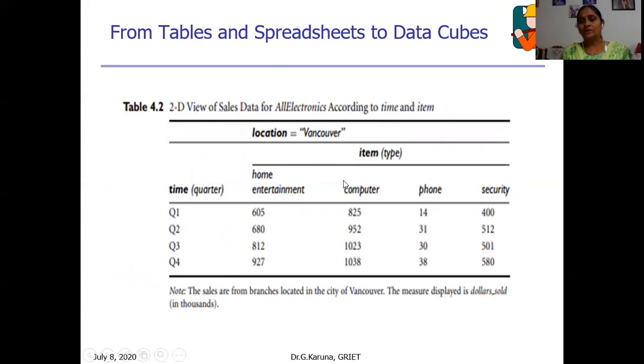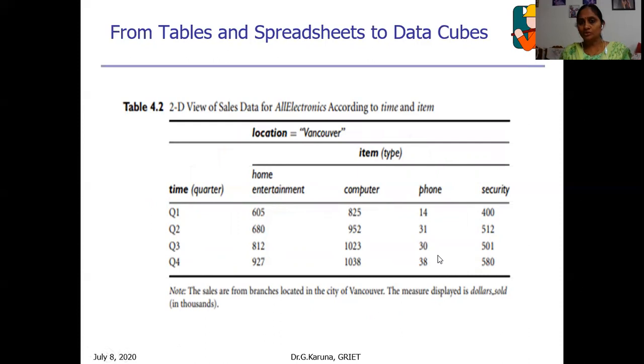I would like to represent a 2-dimensional view of the item sales details. This is the sales details in 4 quarters. For example, computer: 825 computers were sold in the first quarter, Q1. This kind of representation, the table format or spreadsheet format, is nothing but a 2D view.